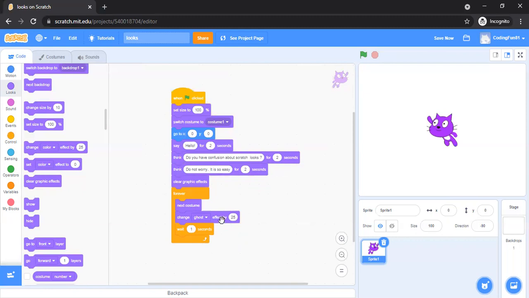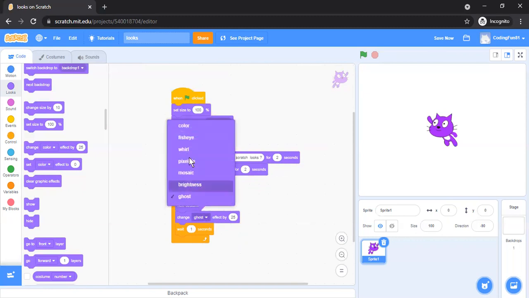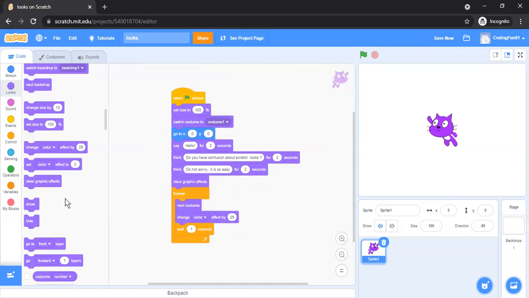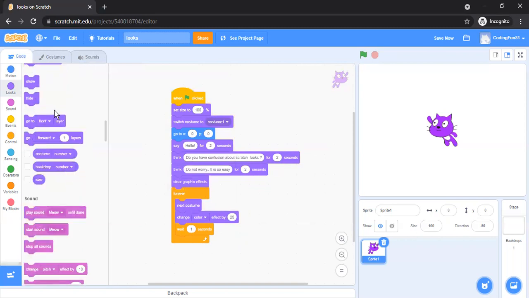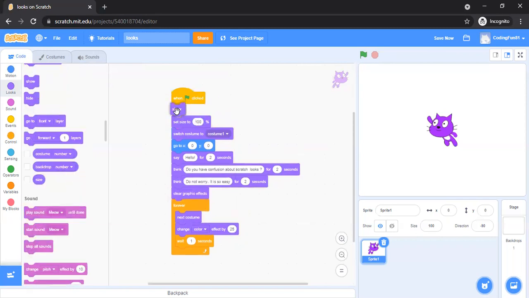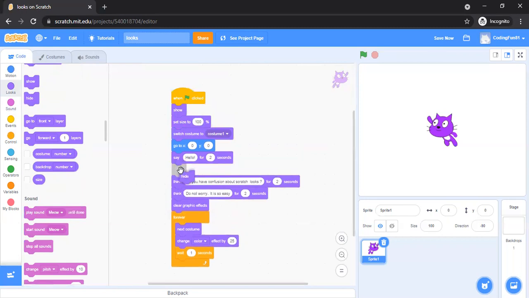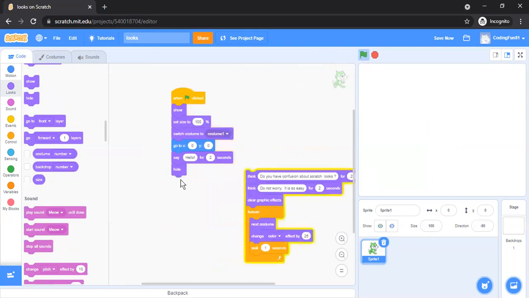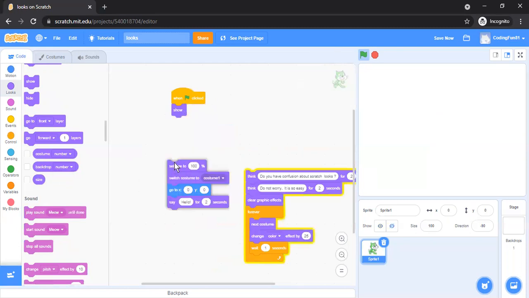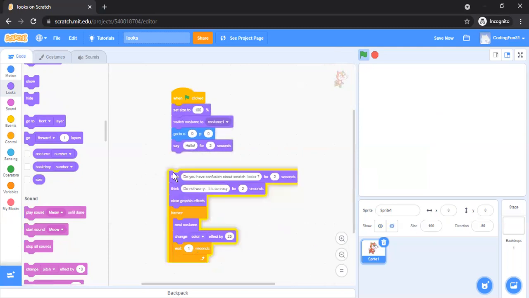Okay, so that's it, and I'll be just going for here from colors, that will be good. Next one is show and hide. Sometimes in the screen you need the sprite to show, and after sometime you may not need it. See, disappeared. Hide will disappear. When I click, it will be coming because of show. After saying hello, it has disappeared from the screen. So as per your need, you can add it on the screen, or you can remove it from the screen by using show and hide.